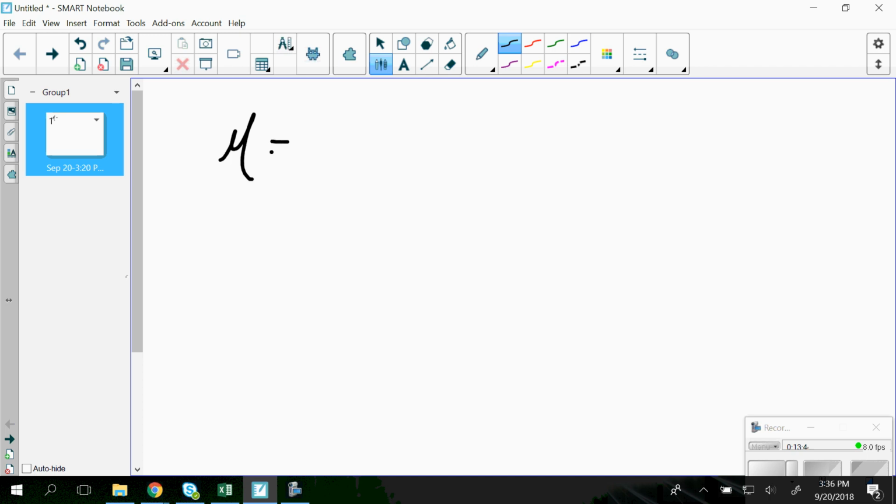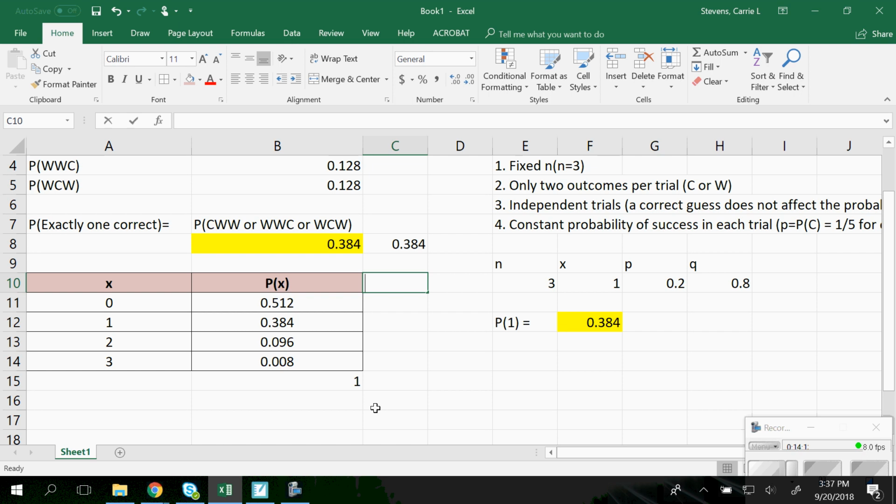So the mean, also known as the expected value, that's another term for it. You'll see questions where you're asked for the mean and questions where you're asked for the expected value, and they have the same formula, which is the summation of x times p of x, just like that. What that means is, let's go back over to Excel, you take each x value and multiply it times its probability value,